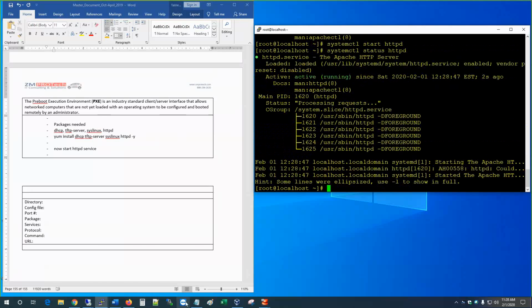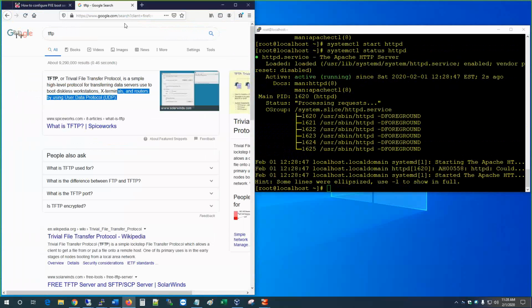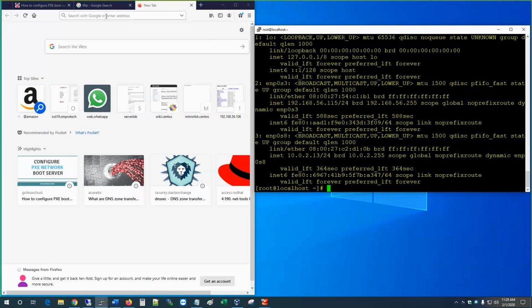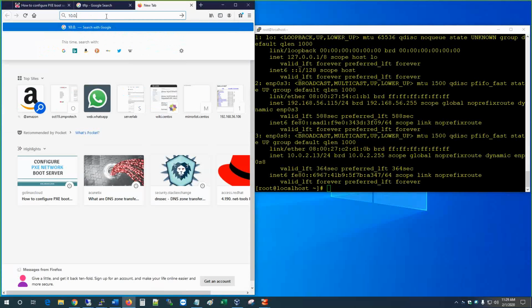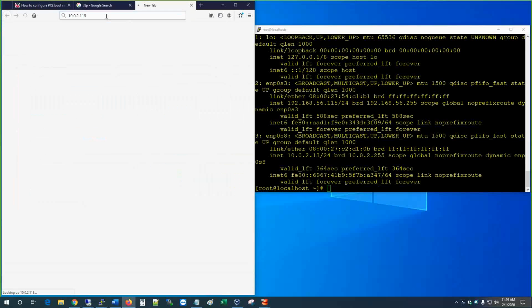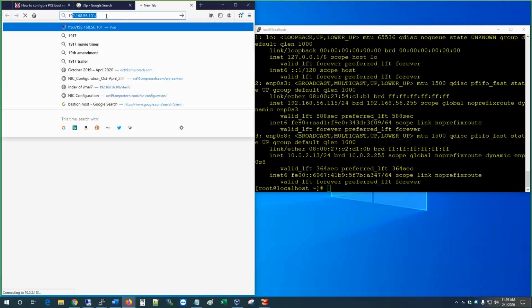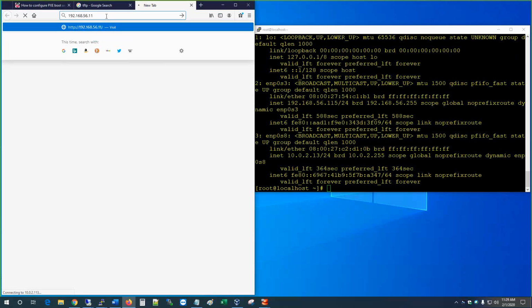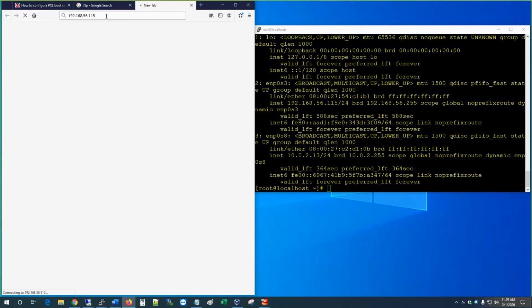Okay, so it's active here. So what I'm going to do is go in the browser and type the IP address. The IP address is 10.0.2.113. My network is 192.168.56.115. And then I have to disable the